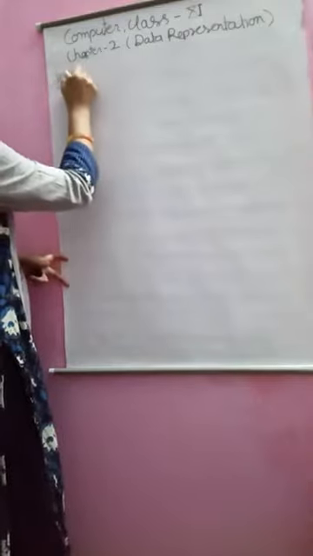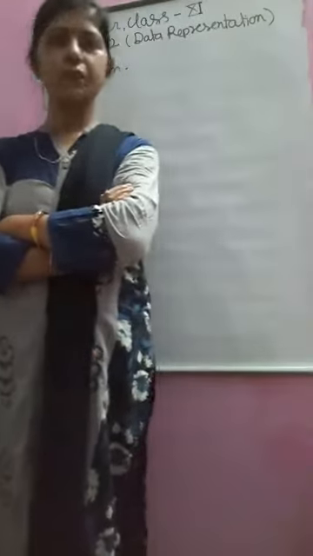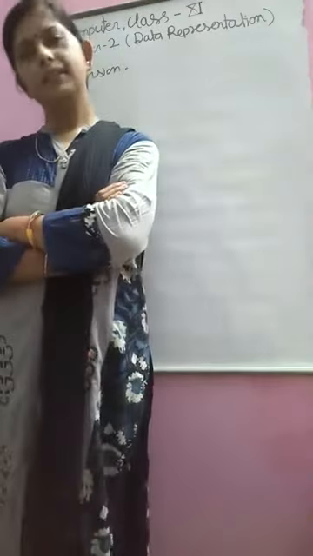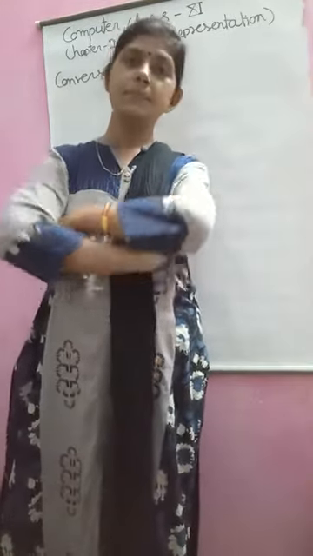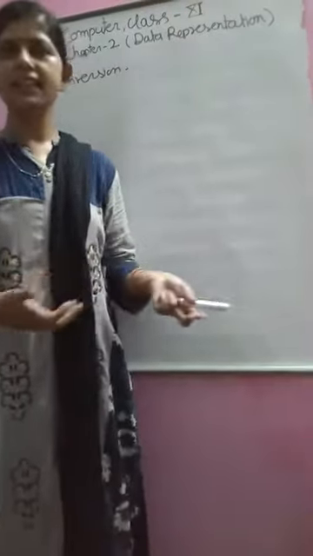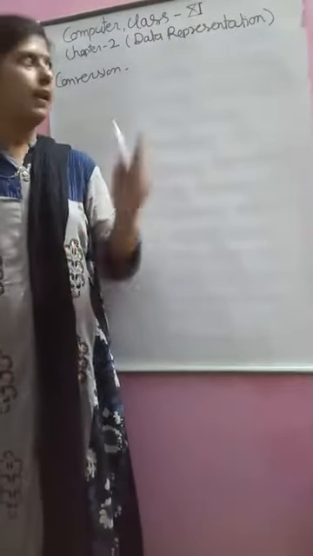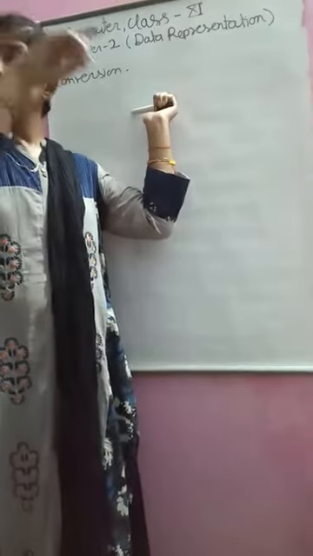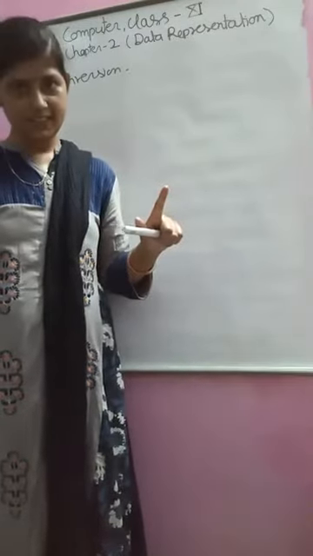Now conversion. You have seen these; I have taken 4. In the real world, there are more than 4 number systems, not just decimal, binary, octal and hexadecimal. So there are lots of number systems, different ways. To represent a single number, we can use any base. But remember, if a number is represented in any base, the value should not be compromised.